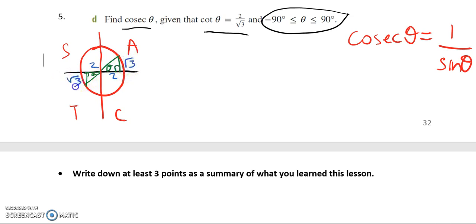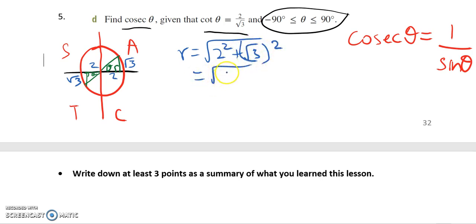So in this question, again, I'm looking to find the radius. So my radius is going to be equal to the square root of 2 squared plus root 3 squared. So that is going to give me the square root of 4 plus 3, which is 7. So that's my radius. So that helps me out when I'm thinking about it. Now, if I want to get some values for cos between minus 90 and 90, then what I'm really thinking about is cosec theta. Okay, so because I don't want to work out a value for cos,